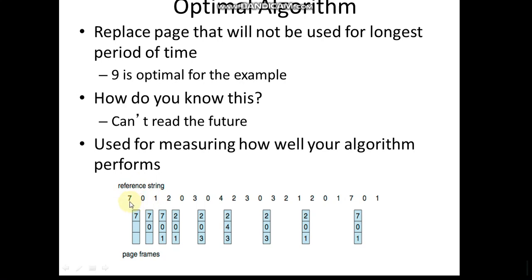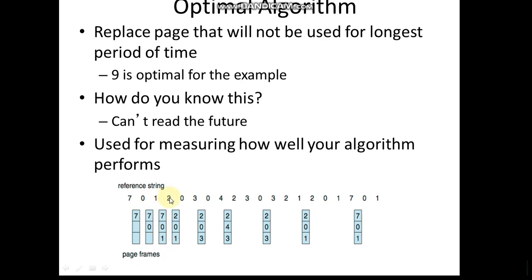Let us take the same example which we have taken for first in first out, the same string, the same number of page frames, that is 3. So up till the first 3 requests it is the same, isn't it? Because initially this physical memory is empty, so it causes a page fault every time a new request comes. Like 7 leads to a page fault, and 7, 0, 1 are occupied one after another.